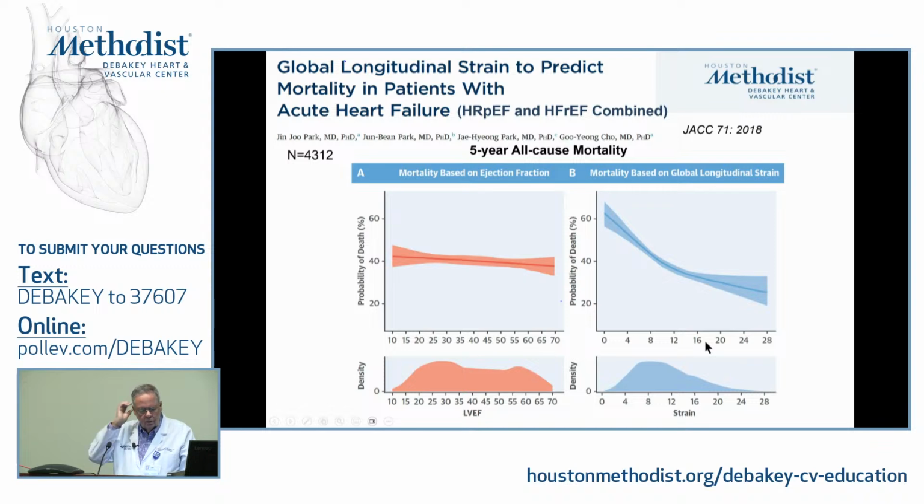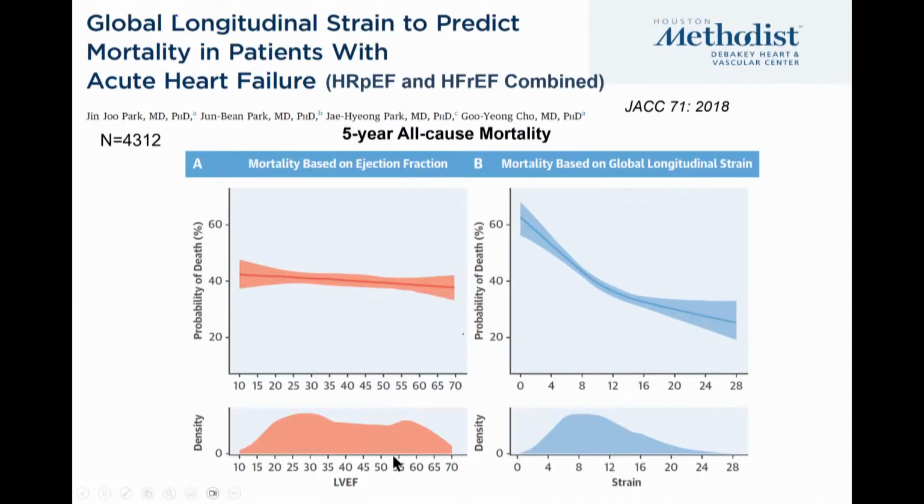And in fact, that was shown beautifully in this paper by Park with over 4,000 patients hospitalized for heart failure. So look at the density of distribution of EF, a very nice distribution. So in fact, about half of the patients were over 40-45%, and half were under. So very nice distribution of EF,